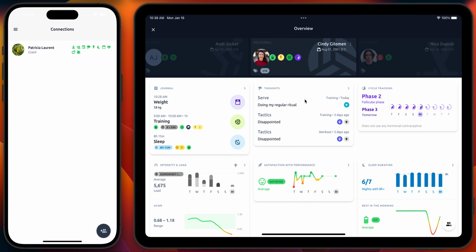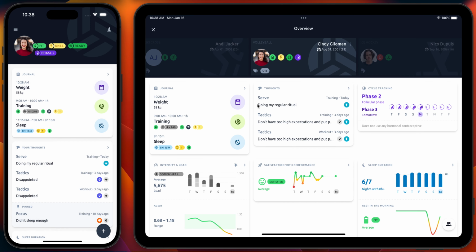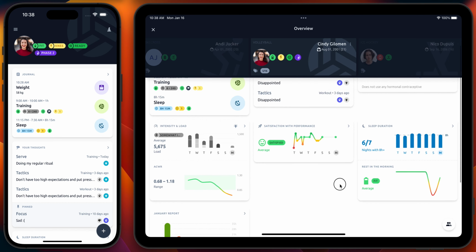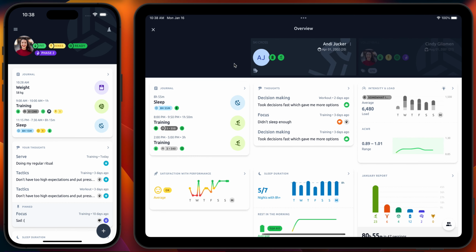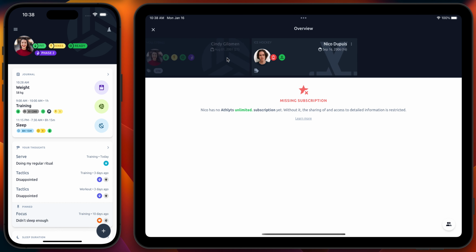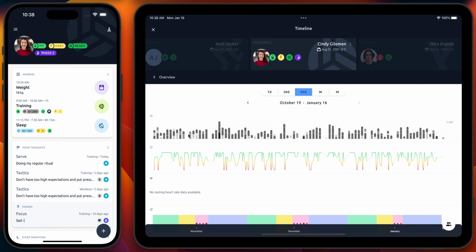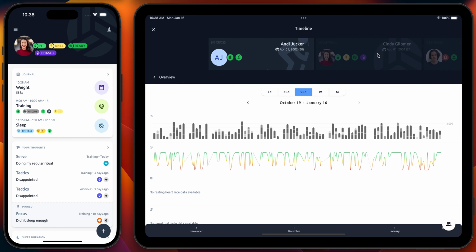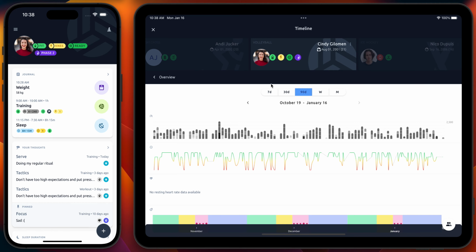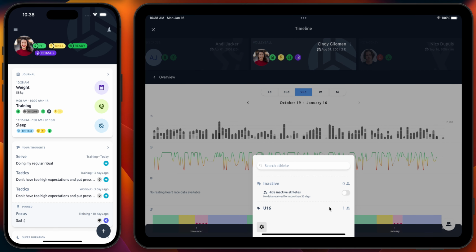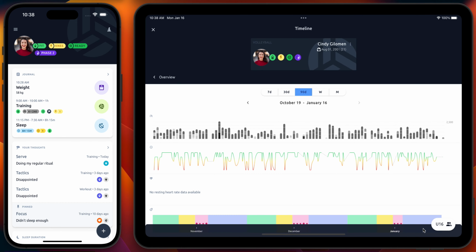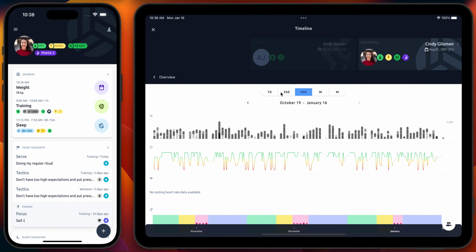Now let's head over to the coach and just go into one or two more features. As I already mentioned, you have an overview over your athletes. You can quickly switch through your athletes here. You can do the same thing if you're, for example, on the timeline view, looking at, let's say, the intensity on top, and you want to compare it to other athletes, how they have done it. Probably they're in the same team. You can also group your teams or categories of players into labels very flexibly, so you can easily decide just to look at some of them and compare or all of them.